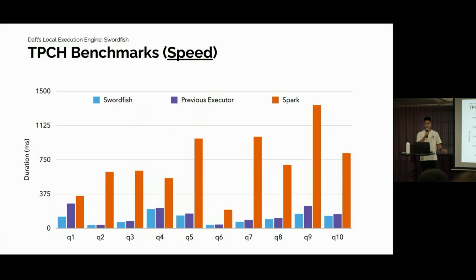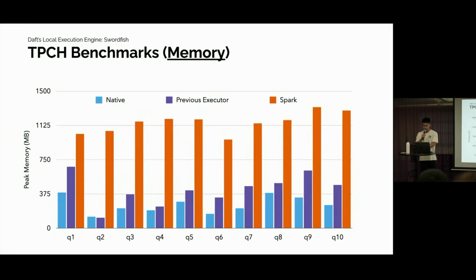And the thing that I really like, remember what I said before about streaming execution, right? We're reducing peak memory usage by a lot. And so in our memory graph here, compared to our previous executor, on most questions we're actually getting way better performance in terms of peak memory usage. And so if you're doing our most popular queries, like data loading to ML pipelines, ETL, this is going to be really good for you.